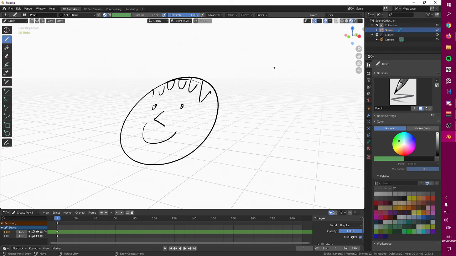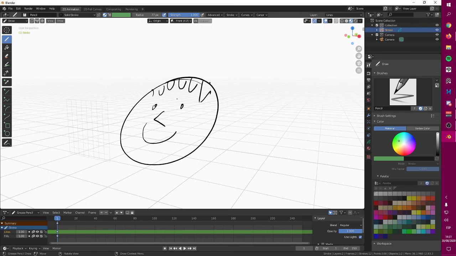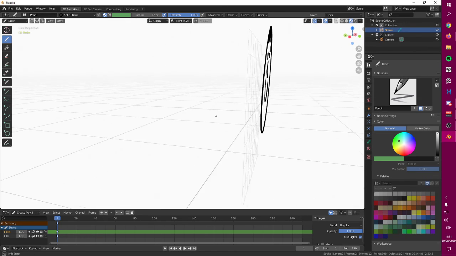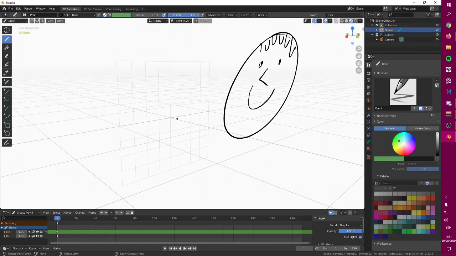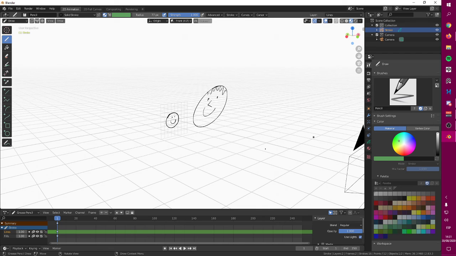If you want to know what's going on, where this invisible wall is happening, go in here into these options in overlays and check this option, canvas. This is where your canvas is right now. This is where you are actually drawing, and this is extending to this entire place.